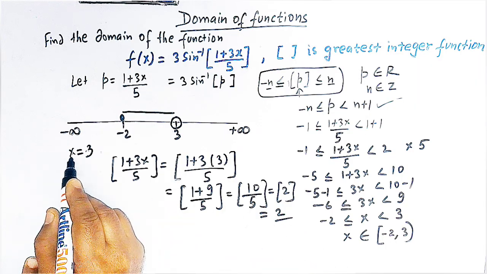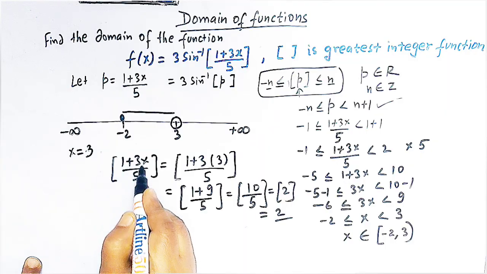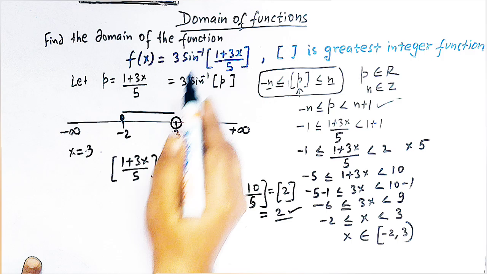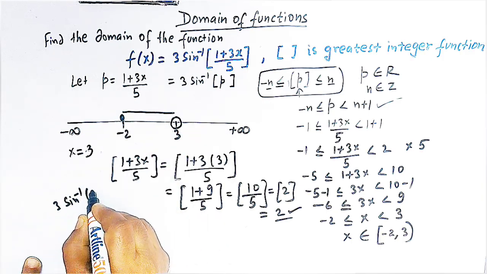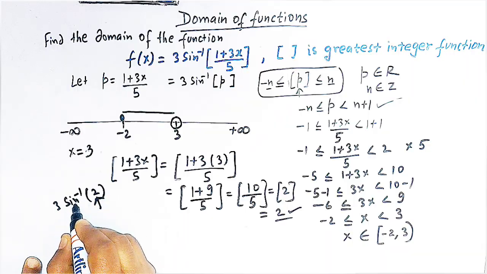So now for x is equal to 3, the value of greatest integer of (1 plus 3x) over 5 is equal to 2. So now here we can write 3 times sine inverse of 2, and here this 2 is not included in the